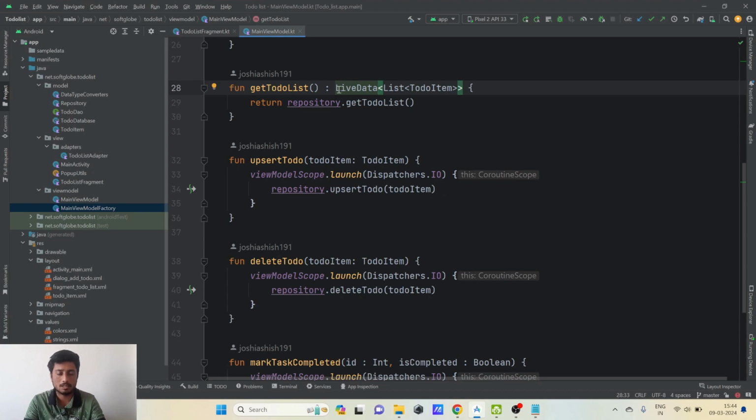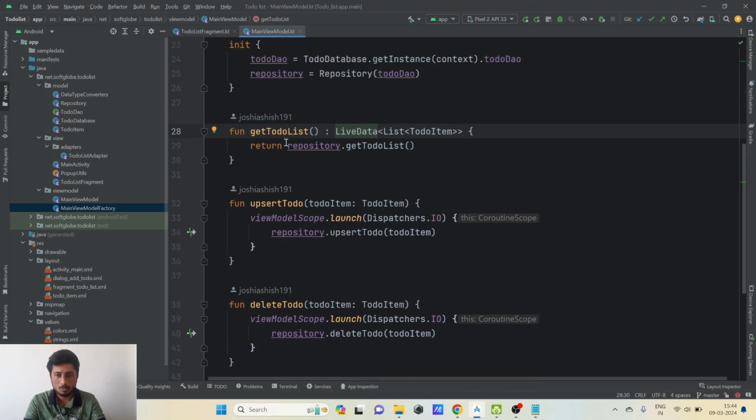And live data basically creates the observable, to which the view keeps observing and updates the UI accordingly when the new results come. So we are using the live data here, and all these functions are there. So view model, when the request comes to here,